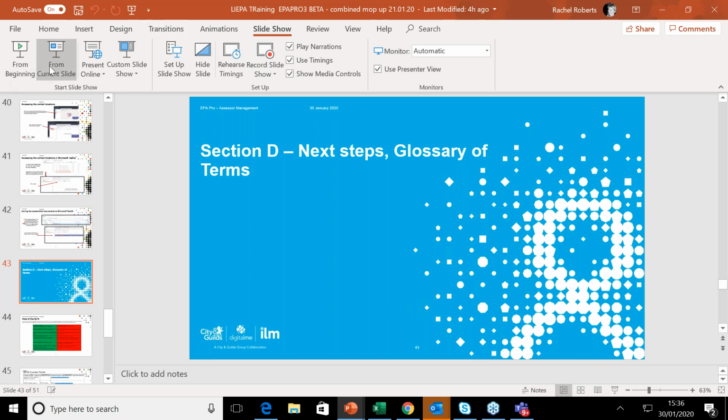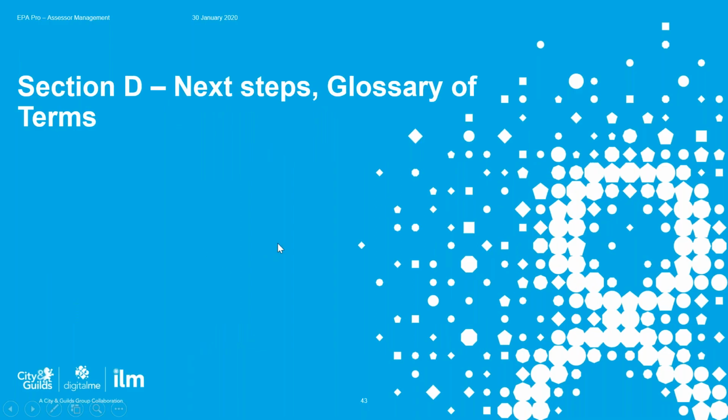Okay, so just moving on. We've talked a bit about the processes. We've talked about how to QA on EPA Pro. We've talked about the reports that you'll have access to help you manage your workflow. And finally, we've spoken about SharePoint Teams and how you'll be able to access the assessor information on SharePoint. So we're at the last section now. I just wanted to run through a few points that came up last week to round off the presentation.